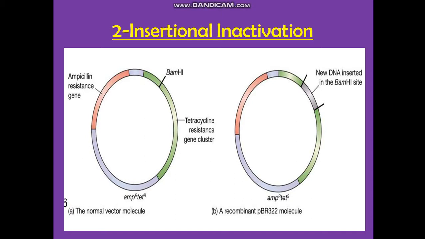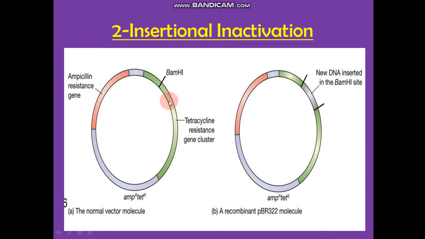We have got all the bacteria present, all the host cells present. Now we have to make our selection of which are the transformed cells and which are not the transformed cells. So we will allow all these cells to grow in a medium containing ampicillin and tetracycline and a medium containing only tetracycline. Okay, so what will happen?